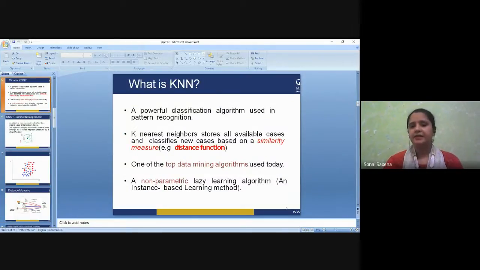Now, what exactly is KNN? When we talk about KNN, it is a very powerful classification algorithm which is used for pattern recognition. Now, what is pattern recognition? Pattern recognition is just finding a specific pattern out of a given text or out of something. For example, if I give you a complete paragraph of English and I say that you need to find wherever you find the sequence THE together in a consecutive manner, this THE is considered to be a pattern.